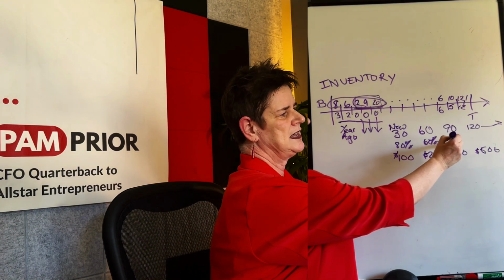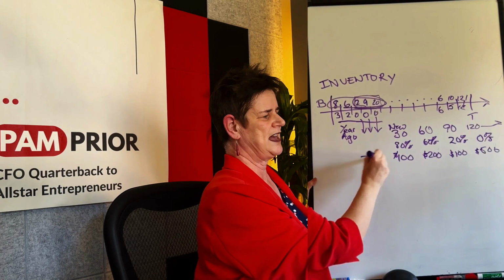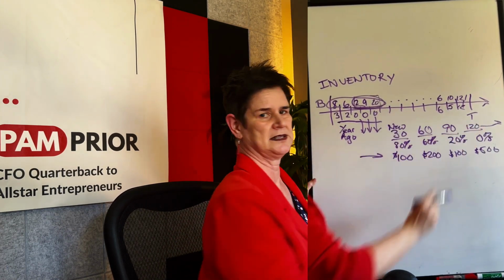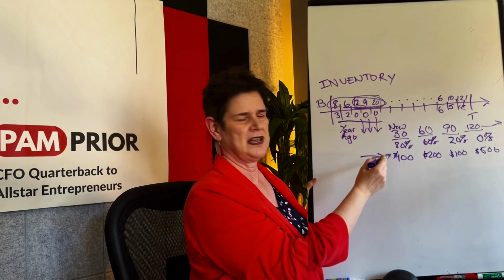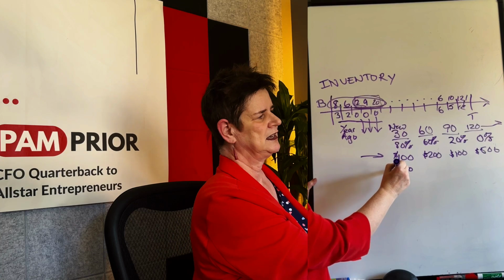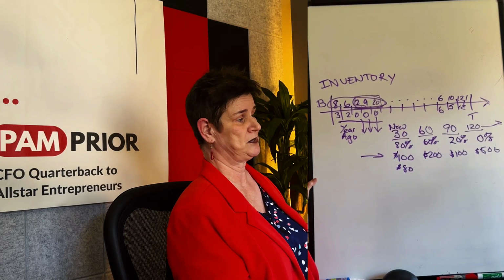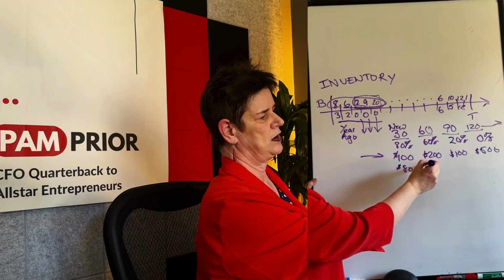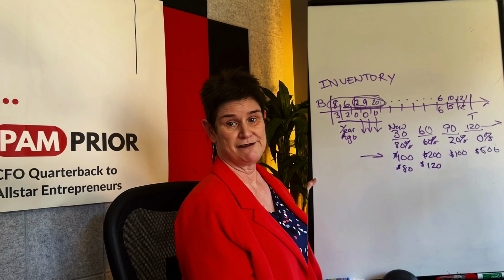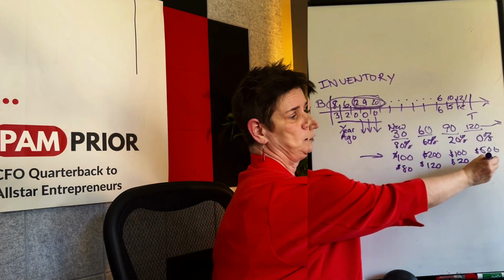They're going to lend you less and less of a percent of the value of that inventory based on what they call its aging buckets, right? So the 30-day-old stuff, they'll give you 80% of this, so they'll give you $80. Your 60-day-old stuff, they might only give you 60% of it. So they'll only give you $120 of your $200. The 100-day-old stuff, they're only going to give you 20% of, or $20, and the old stuff, they're not going to give you anything.